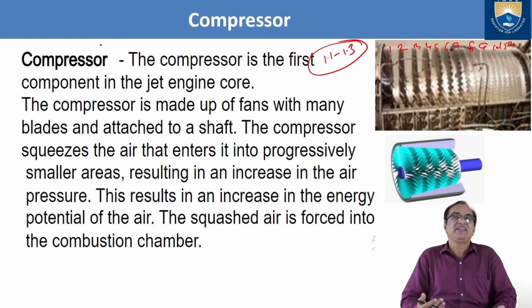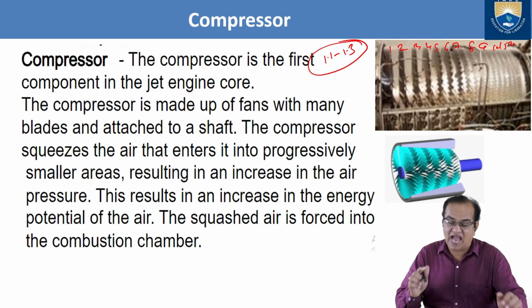So it is in the core part, and before the fan, the air inlet is also coming. The compressor is made up of a fan with many blades attached to a shaft. The compressor squeezes the air that enters it into a progressively smaller area, resulting in an increase in the air pressure. This results in an increase in the energy potential of the air. The squeezed air is forced into the combustion chamber. So this squeezed air is at a very high pressure